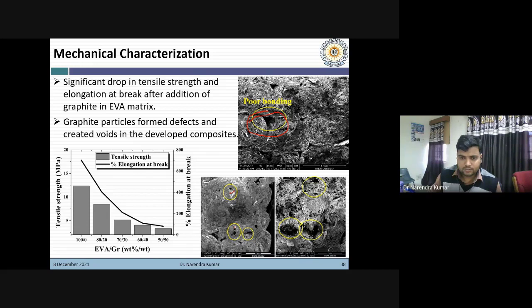These blowholes are there due to the presence of graphite. Graphite particles formed defects and created voids in the developed composite material. So the flexibility and mechanical properties were both hampered by the addition of graphite particles.